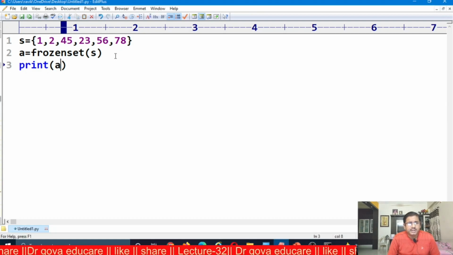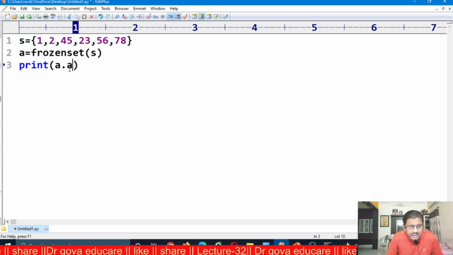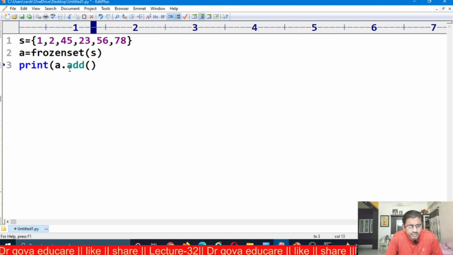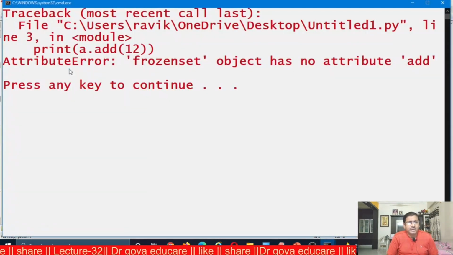We cannot apply the update method. We cannot apply the add method. We cannot apply the remove method also. Observe here, a dot add of 12. We get an error: frozenset object has no attribute add.